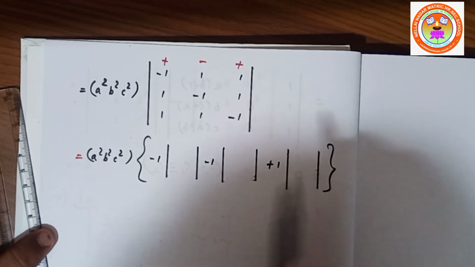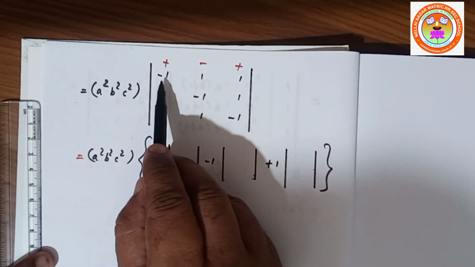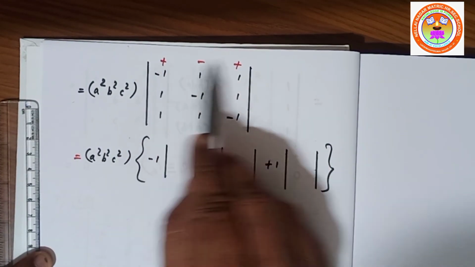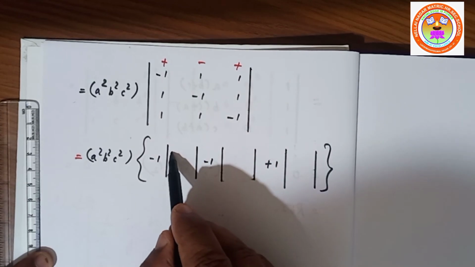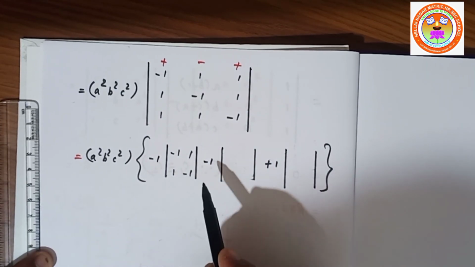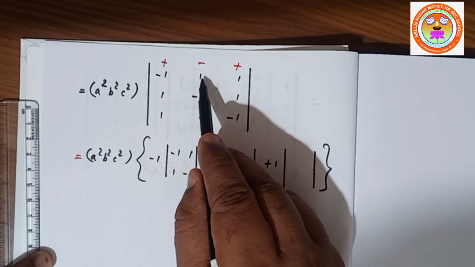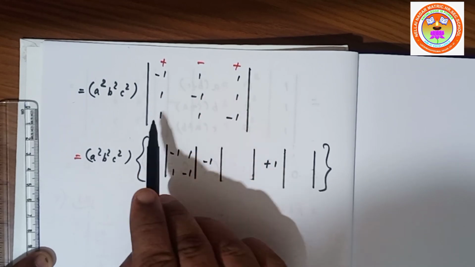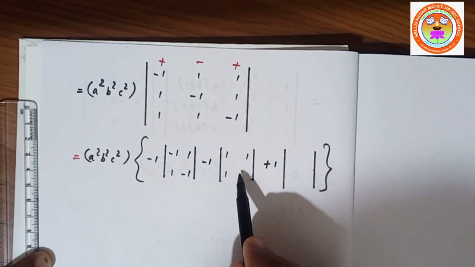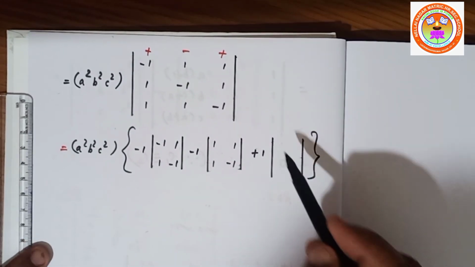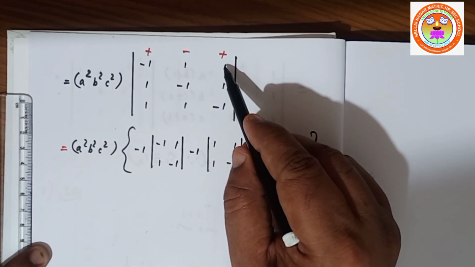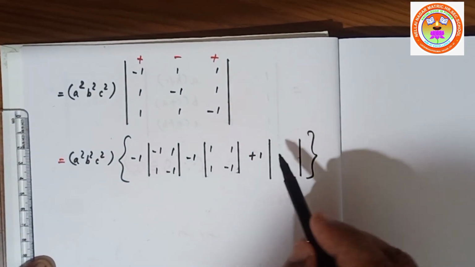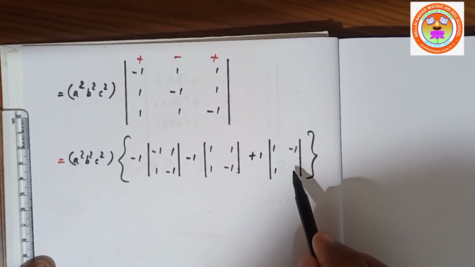See that first minus 1, the element which presents the column and row should be eliminated. These four elements to be written here: minus 1, 1, 1, minus 1. Next element here it is, leave that second column and first row, 4 elements left out: 1, 1, 1, minus 1, 1, 1, 1, minus 1. At the last we have 1, so the element which presents the column and row should be eliminated. These 4 elements left out: 1, minus 1, 1, 1, 1, minus 1, 1, 1.